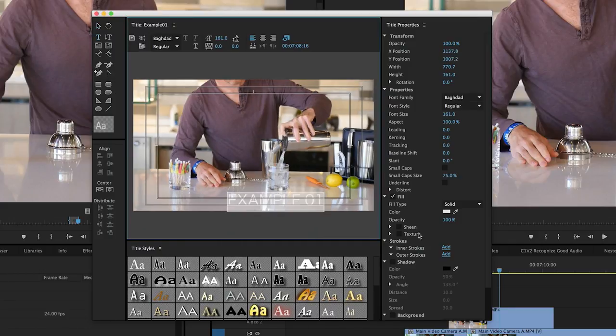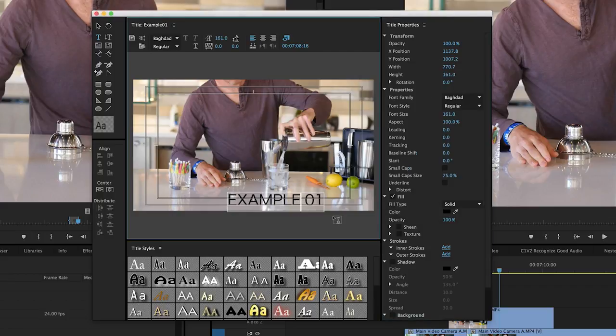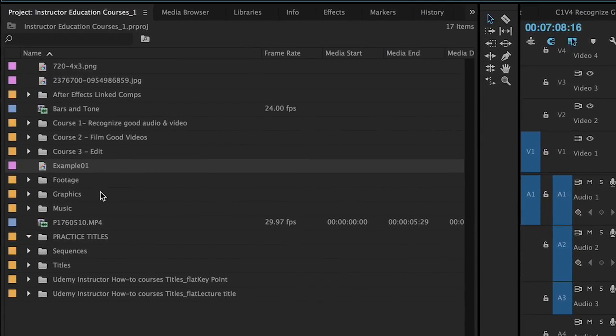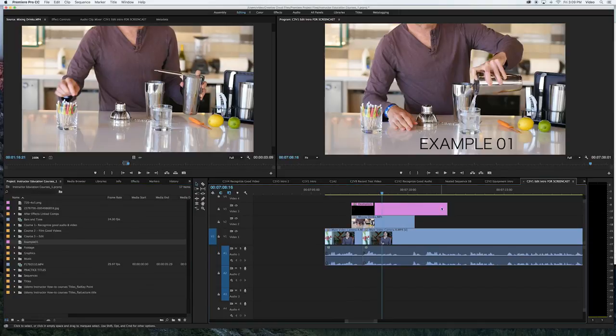And so it's a little bit hard to read, so we're going to go ahead and also change the color. And you go on the right hand side and hit the color button. And so we're going to pick a nice black. That's a little bit easier to read. And now go ahead and close this. That new title that we called Example 1, you'll see is now on your left panel. And so go ahead and grab it and drag it over,